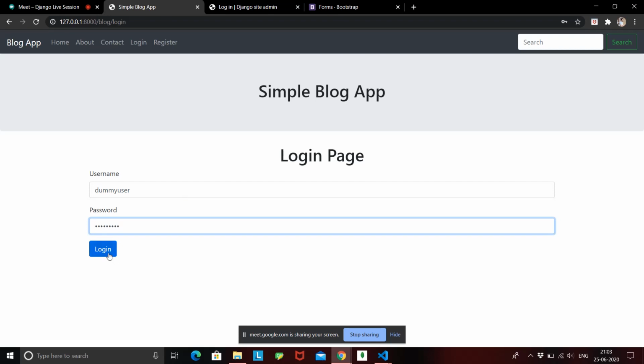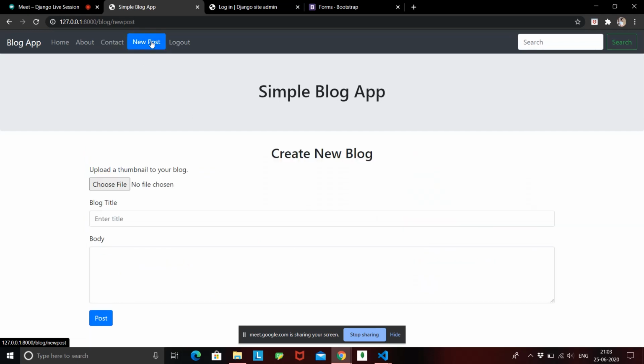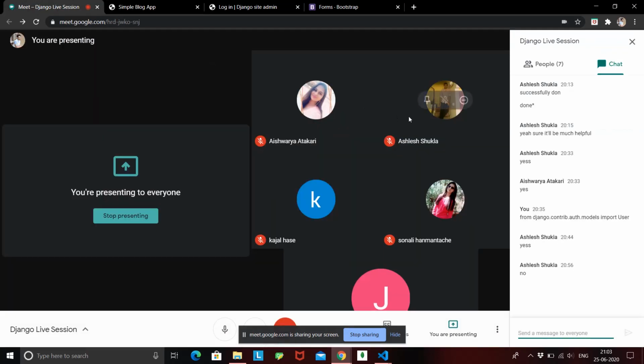If I click login, here you see now we have new post and logout. So I can post new items and I can also log out from my system. Once I log out, here you can see I have login and register. So that is how the whole system of user authentication works.